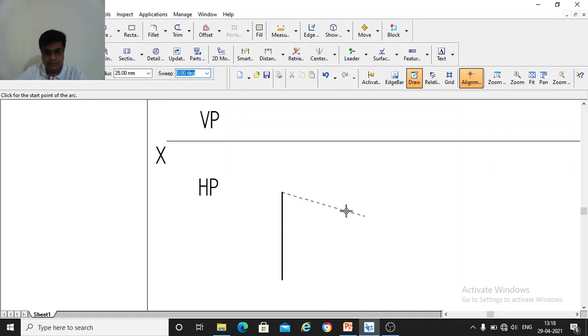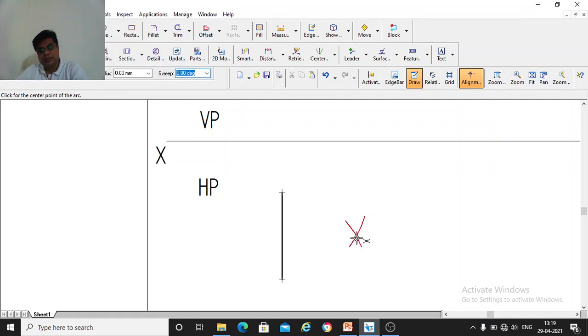Similarly, keep the compass center at the other end and draw one more arc at 25 mm radius.